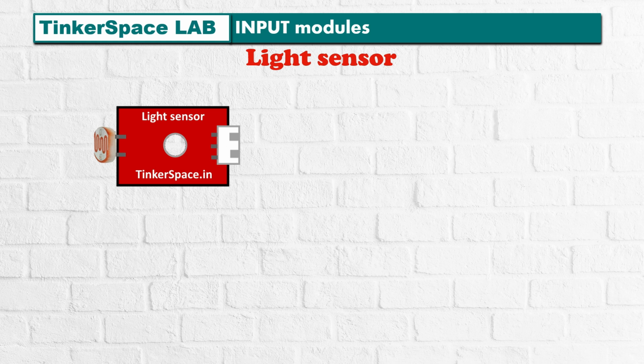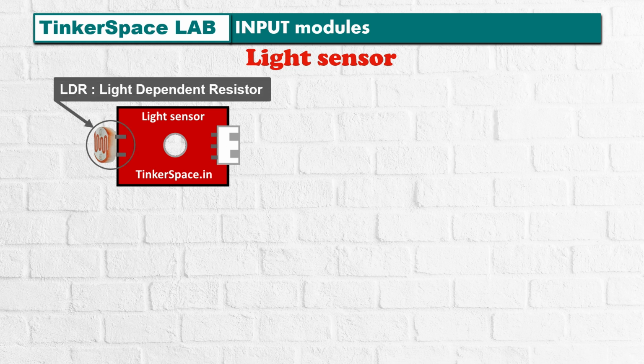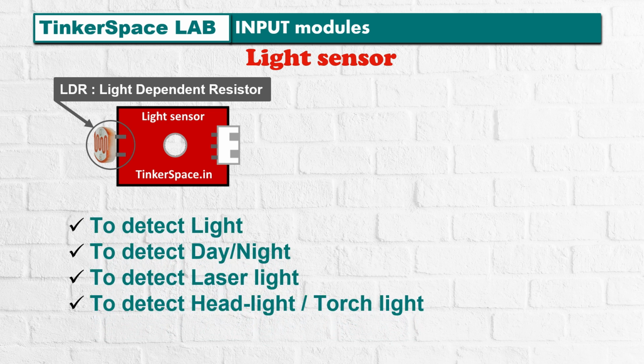The main part of this sensor is the LDR, or light dependent resistor. Its resistance changes depending on how much light falls on it. Less resistance with more light and more resistance in the dark. This allows it to detect the presence or absence of light, distinguish between day and night, and even recognize laser